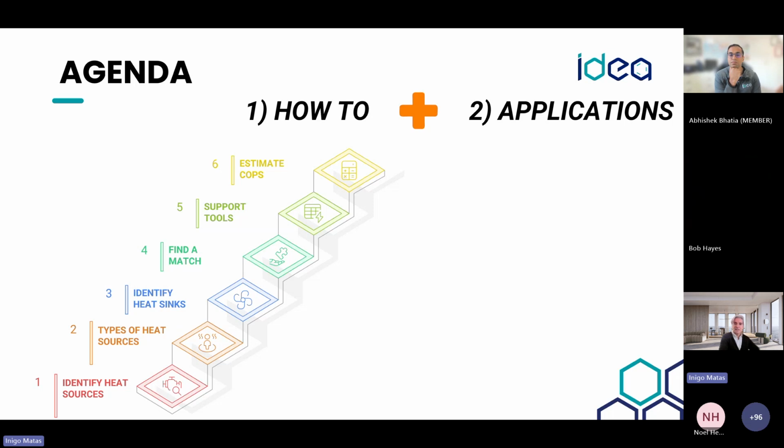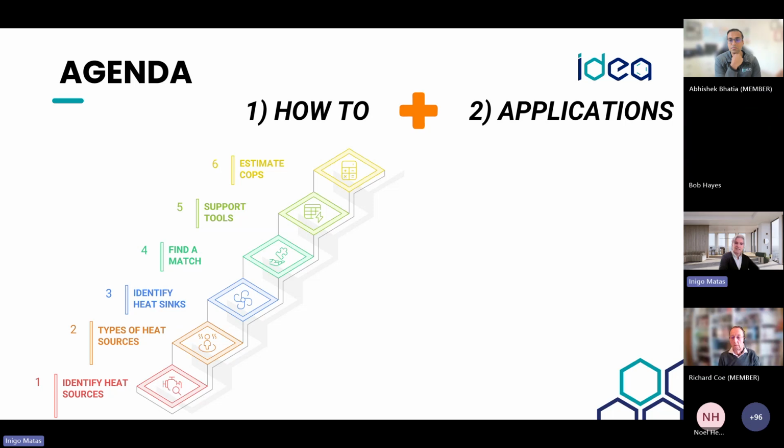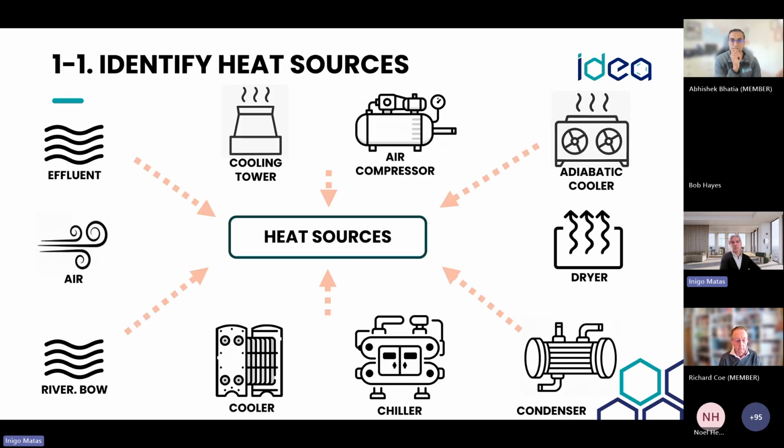In the next few slides, we will explore how to identify opportunities, how to match the sources and the sinks effectively, and how tools like pinch analysis and composite diagrams help reveal what is often hidden at first glance when we look at the site. We will then finish with a deeper review of some of the available heat pump technologies and how to implement them, including real-world cases of implementation. Okay, so those are the two main parts. The first deals with the how-to, and we will follow with the applications.